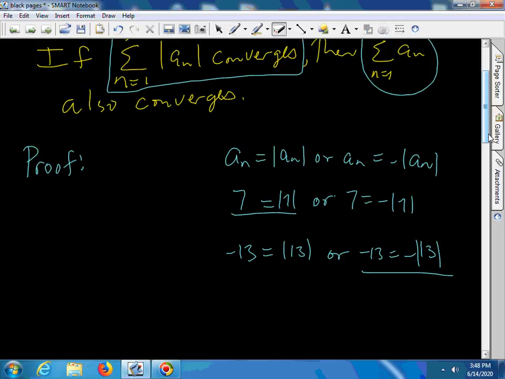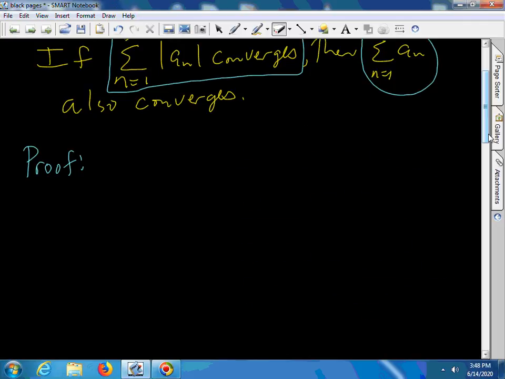I guess it can be both. 0 is equal to the absolute value of 0. 0 is equal to negative the absolute value of 0. Both of those are true. 0 is a very odd number. Maybe one can say it's the oddest number of them all. So,